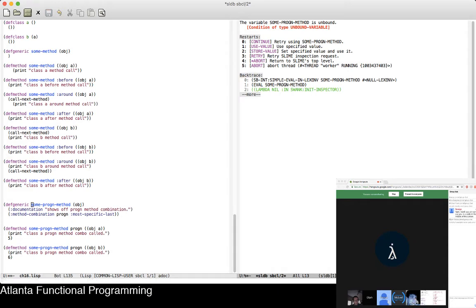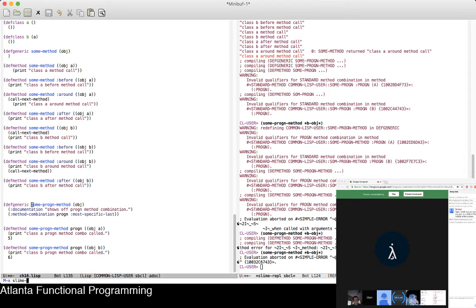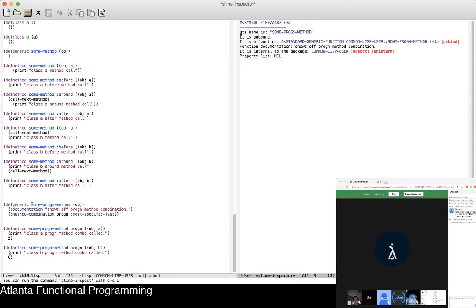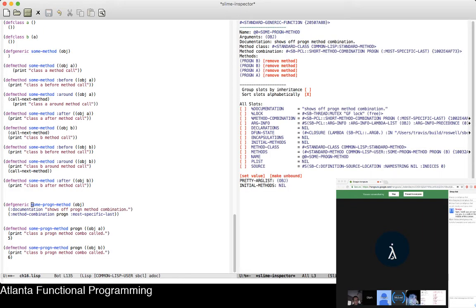No, hash tick. You need a hash tick in front of it. Oh, okay, got it. Okay. Slime inspect. This needs to do that. All right. Hash. Yeah, but now go down to the it is a function line. It is a function. So okay, I see it. Yeah, hit enter on that. All right. Okay. Yeah. So,